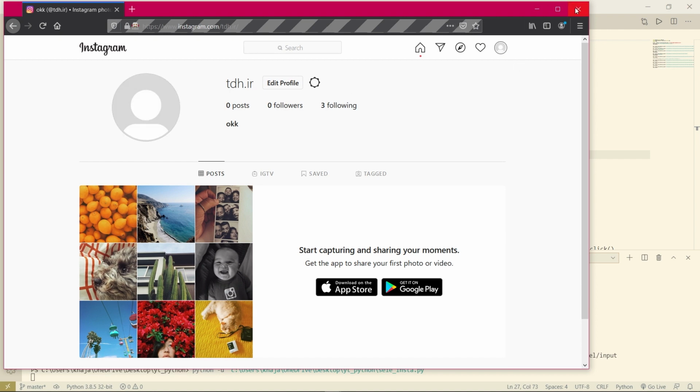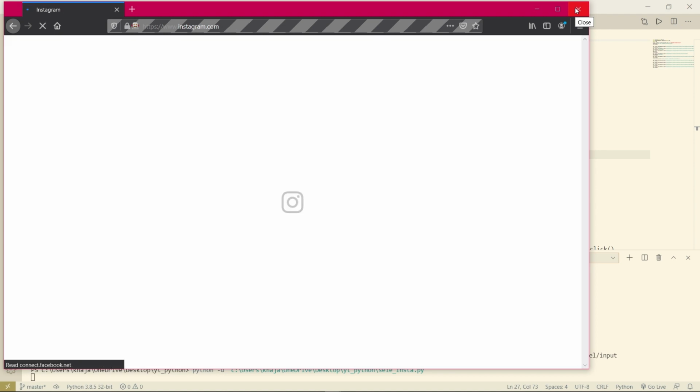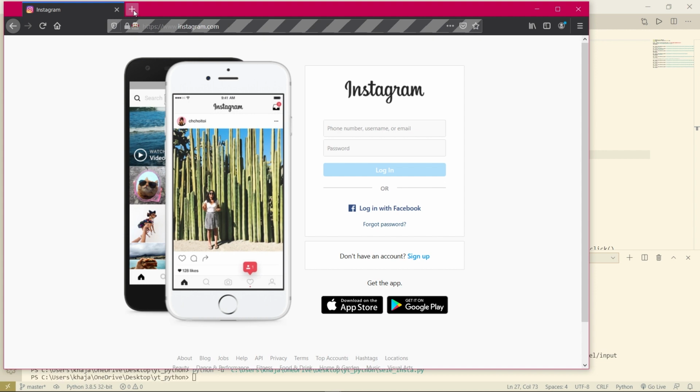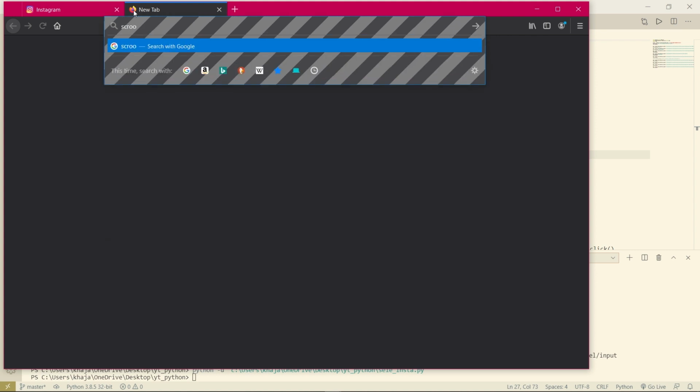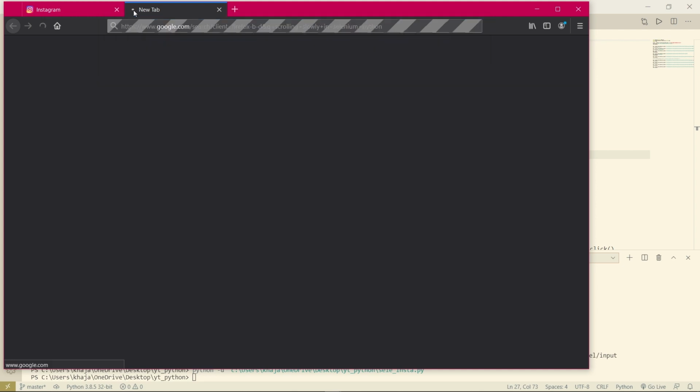Okay, let the process be completed. It went very fast, right? So it has to scroll a little bit slower. So we will search for scrolling slowly in Selenium Python.